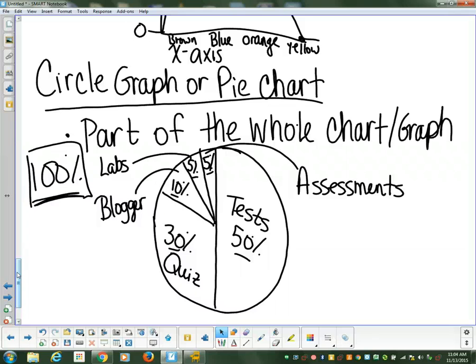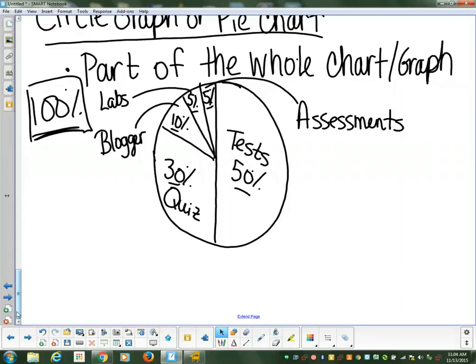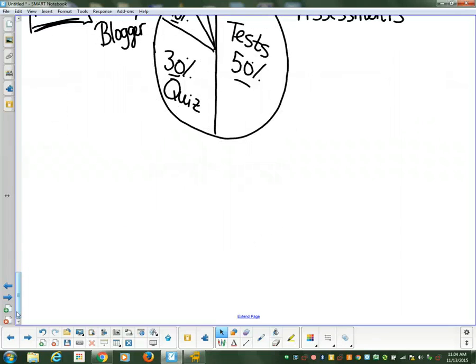Very good. Okay, and so what we've done is we are able to translate information from a chart. So we're looking at the parts of the whole. The whole is 100%, and we're breaking it down into smaller little chunks, so we can understand it. All right, almost done. Last note that we need to make sure we are aware of is the idea that